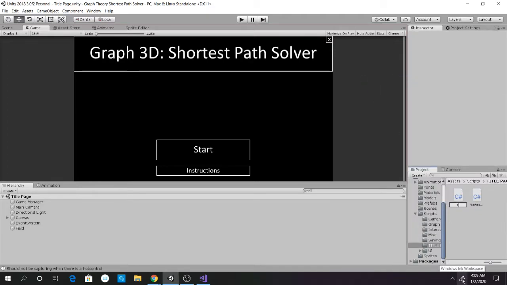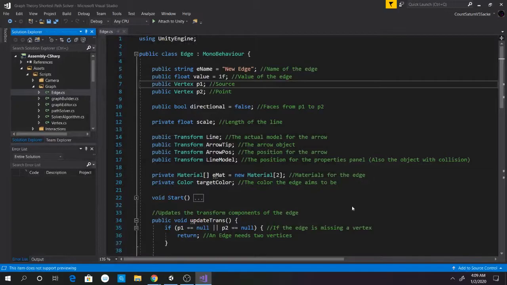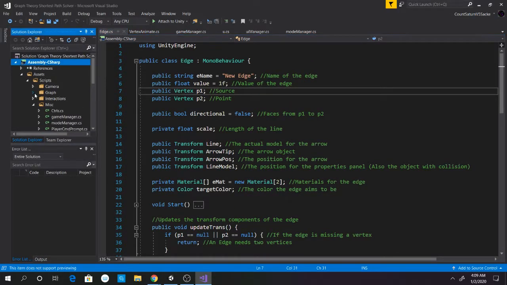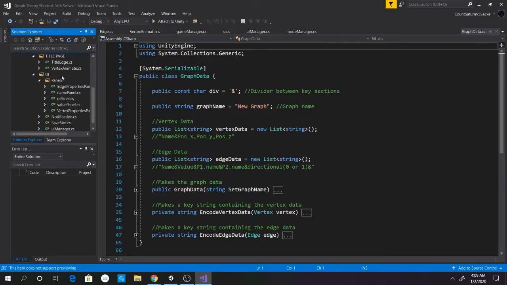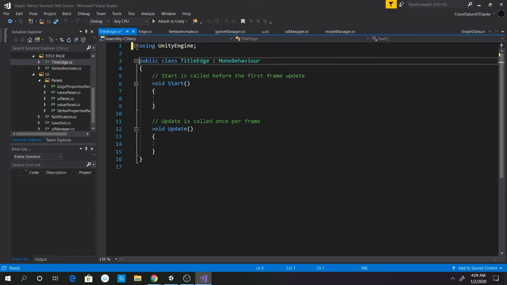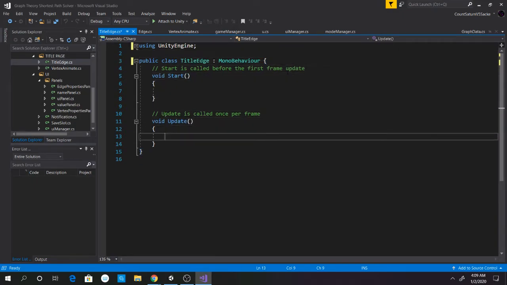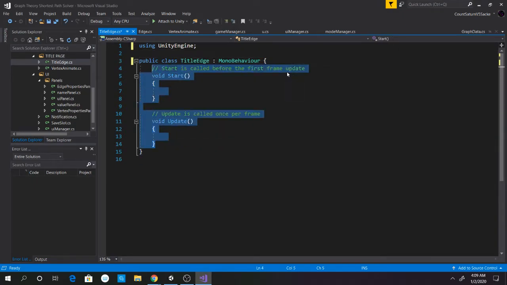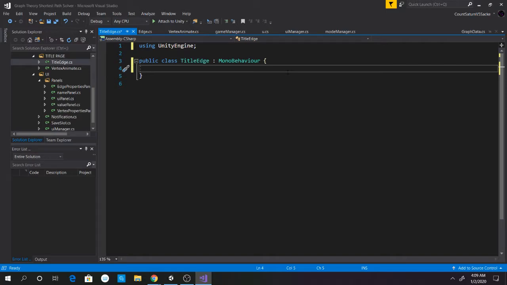It's going to be a title edge script. That might sound a little strange, but that's because I'm going to have this specific one only be for edges that are on the title screen. Okay, the title edge basically